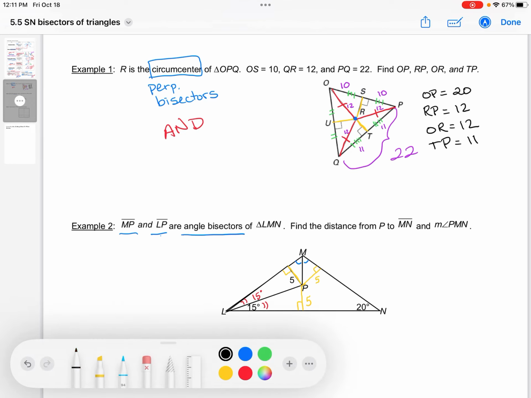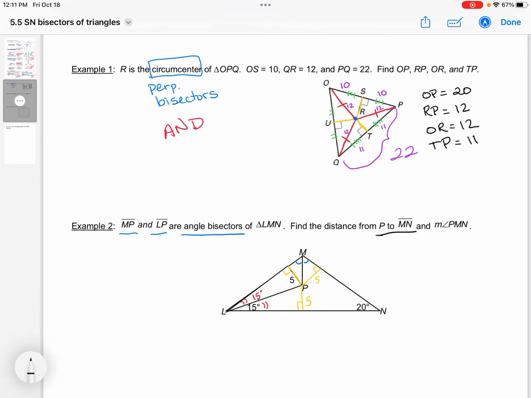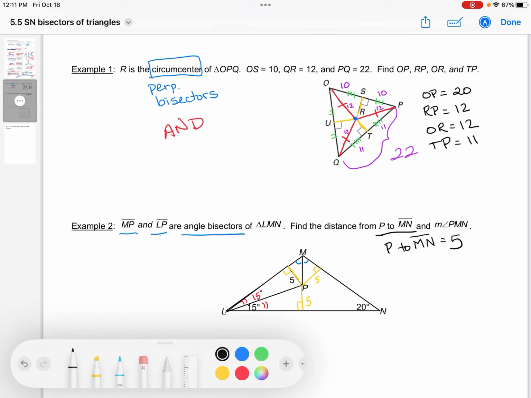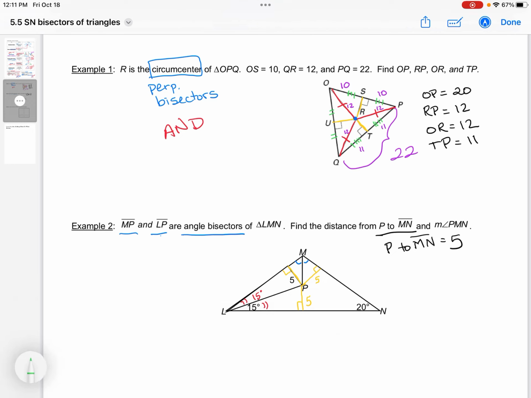So we're looking for, what are we looking for? P to MN is going to be 5, because all from point P to each one of the 3 sides is going to be 5. Okay, to find PMN, which is this little part right here,